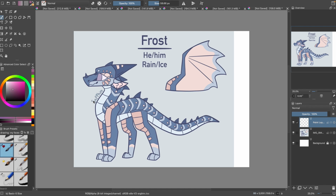But I will say with Rainwings, you could literally do anything. Rainwings are such a crazy tribe and so fun to design. It's almost overwhelming in a sense that you kind of want to go to the default scale design for them. And I try to stay away from that because giving them certain patterns is just so unique. And of course they change colors, which is another thing to take into account,